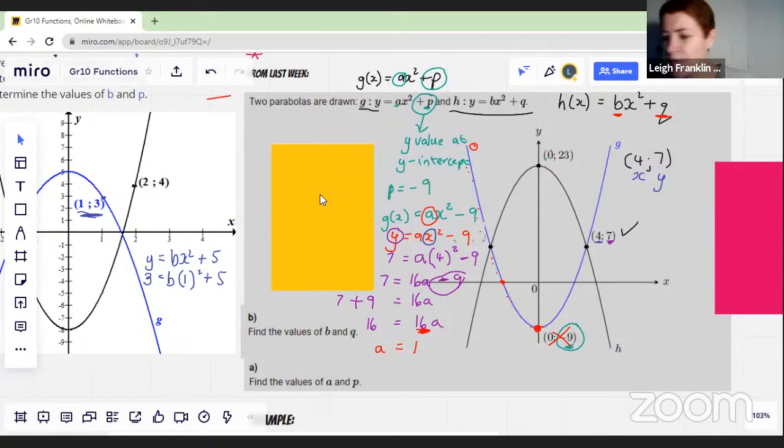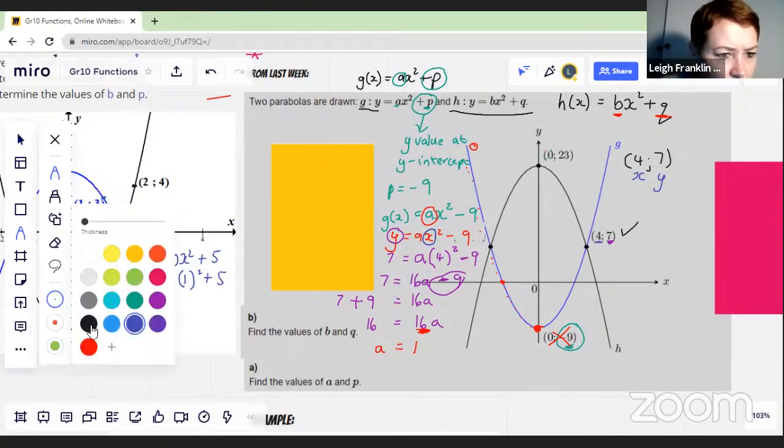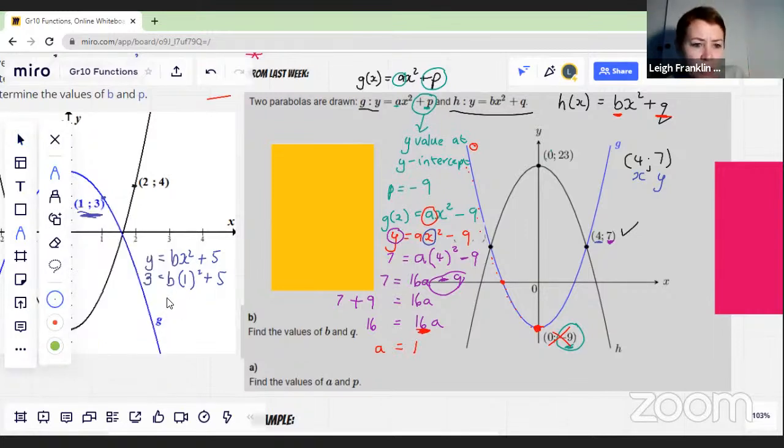Okay, so Inhlafatso, this is where we were, right? We were saying, I'll just check that the pen is blue. Okay, so now we've got 3 equals 1 squared, which means 1 times 1. So 1 times 1 is 1, times b gives us 1b plus 5. So now if I leave b on the right-hand side,